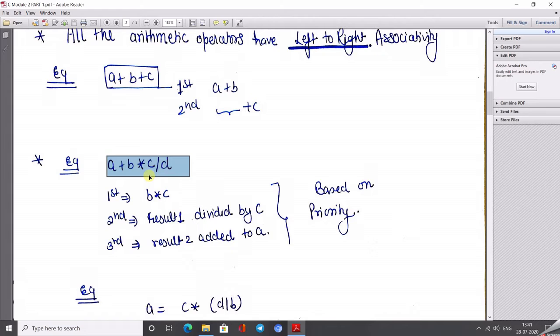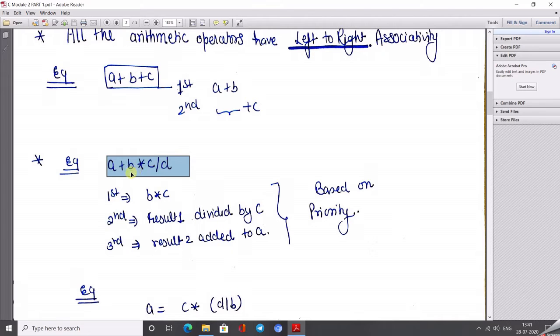Fine, so that decides which one is performed first and which second. But what about the multiply and division? Here also left associativity is applied, meaning the computer reads the data from left to right.